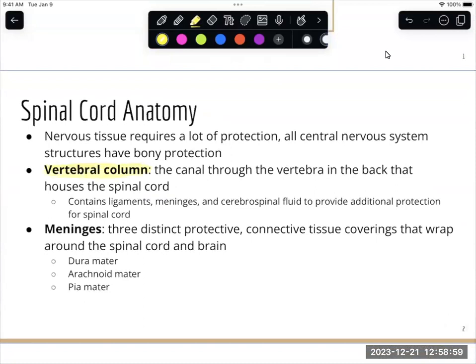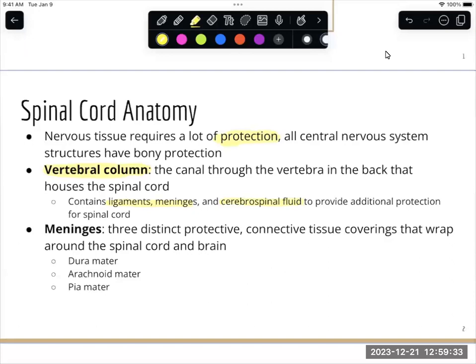That vertebral column helps to protect that spinal cord because all of that nervous tissue needs a lot of protection. So that spinal cord, that brain, there's a lot of protection for both of those. Along with that vertebral column, there's ligaments, we have meninges, there's cerebrospinal fluid. This is all working to provide protection